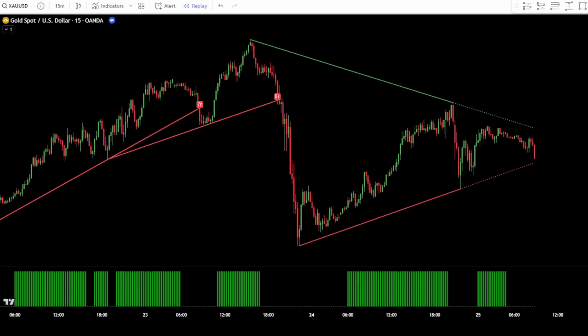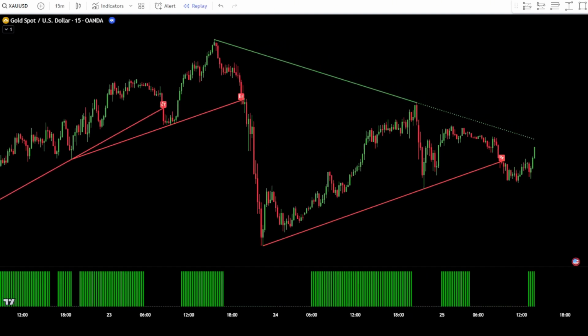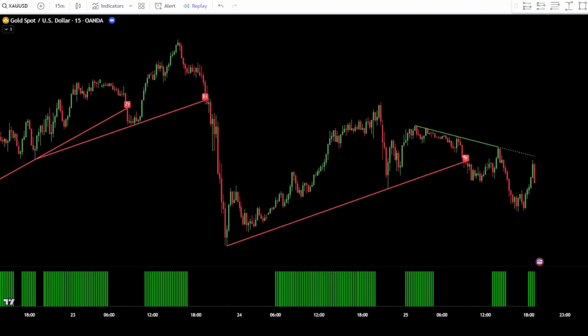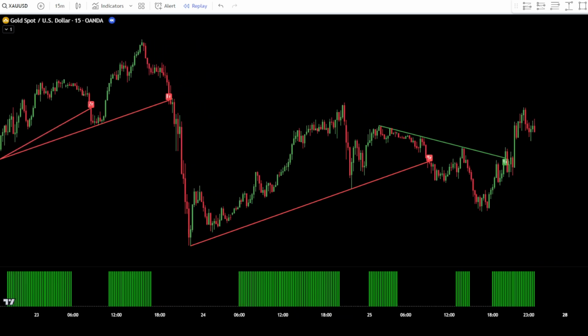Breakout trading strategy using these two free TradingView indicators has very high effectiveness and is suitable for all traders, including